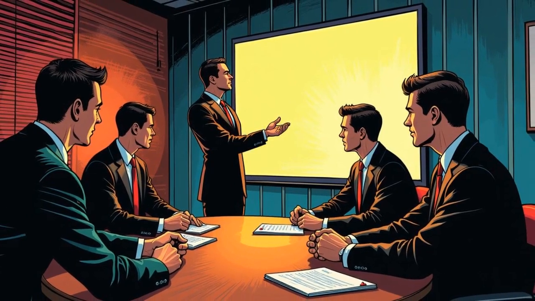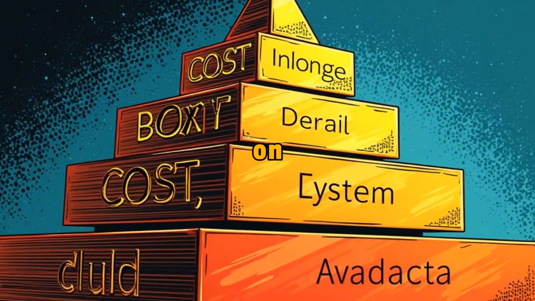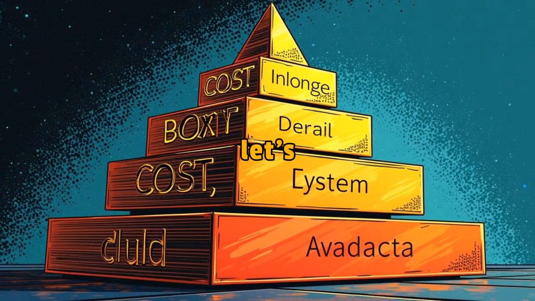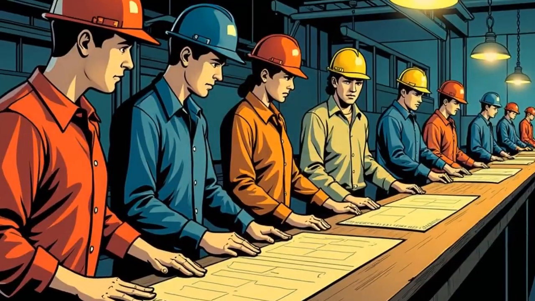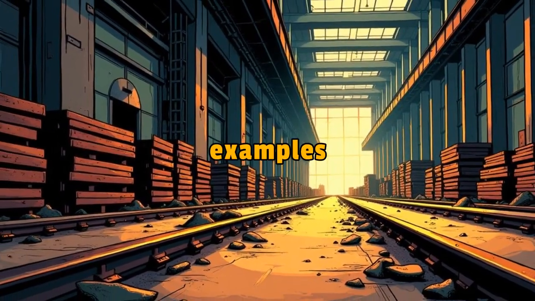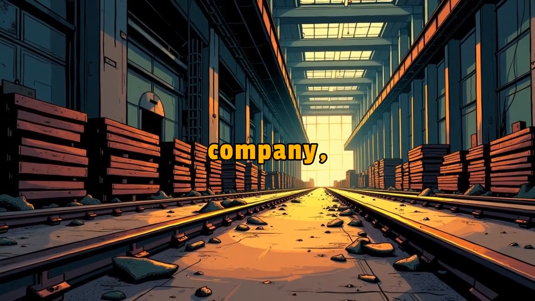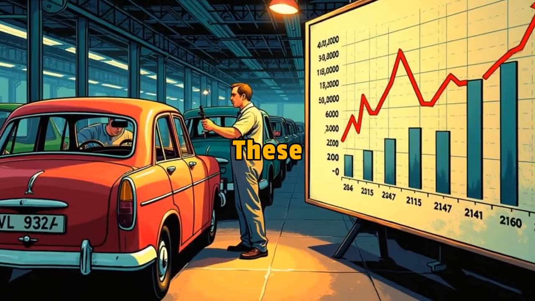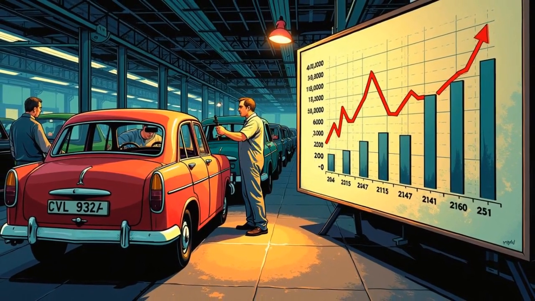Let's break it down into more detail. Cost drivers can fall into different categories based on their nature and how they affect a company's cost structure. First, let's talk about direct costs. Direct costs are expenses that can be directly traced to the production of specific goods or services. Common examples include raw materials and labor. For instance, in a manufacturing company, the cost of steel used to produce cars would be a direct cost. These costs are closely tied to the efficiency of the production process and can fluctuate based on varying levels of